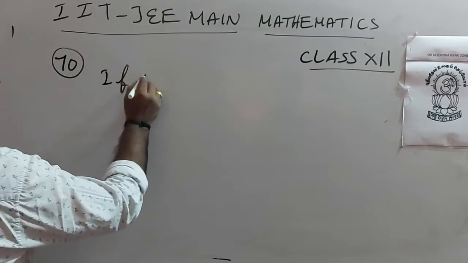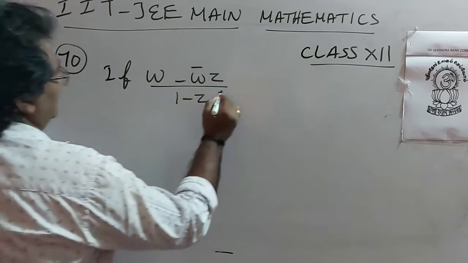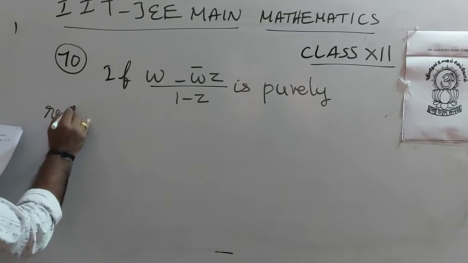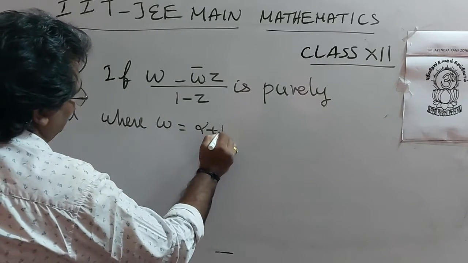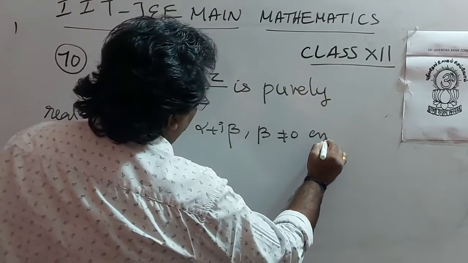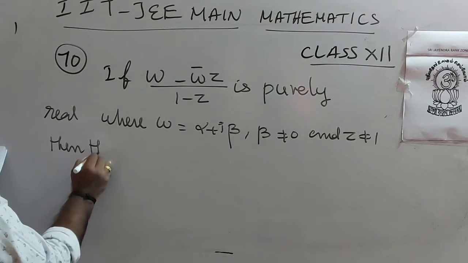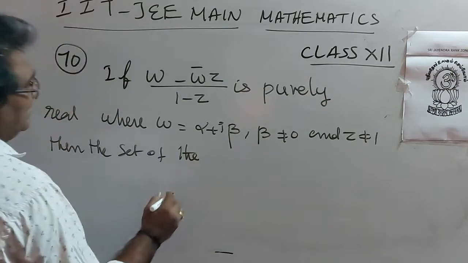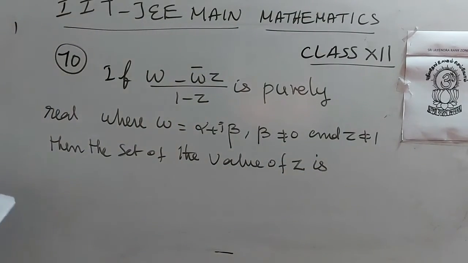If (omega minus omega bar z) divided by (1 minus z) is purely real, where omega equal to alpha plus i beta, beta not equal to 0 and z not equal to 1, then the set of the value of z is, first option,